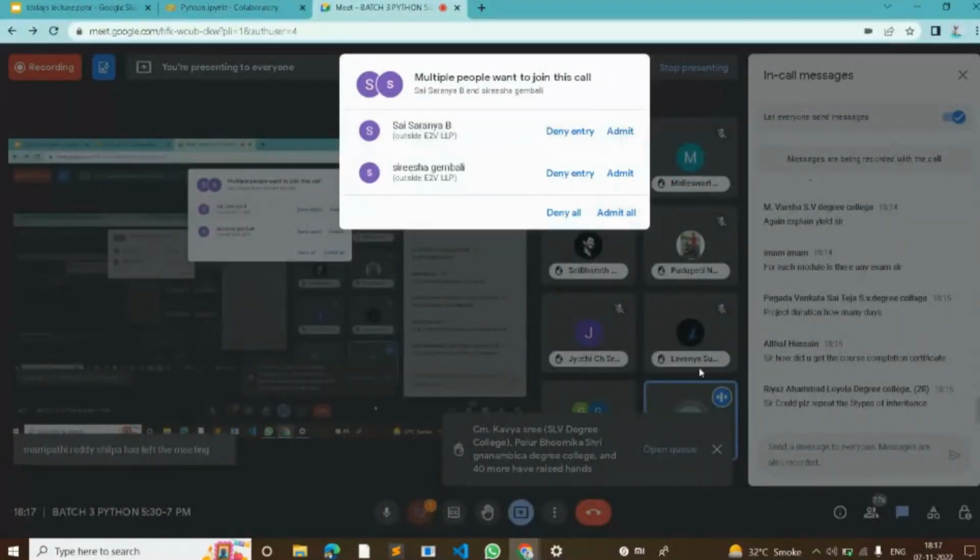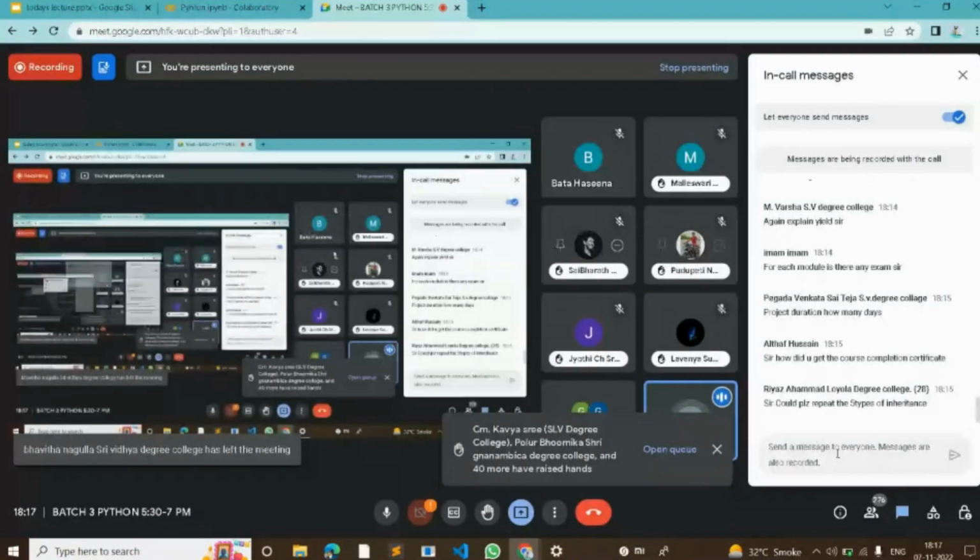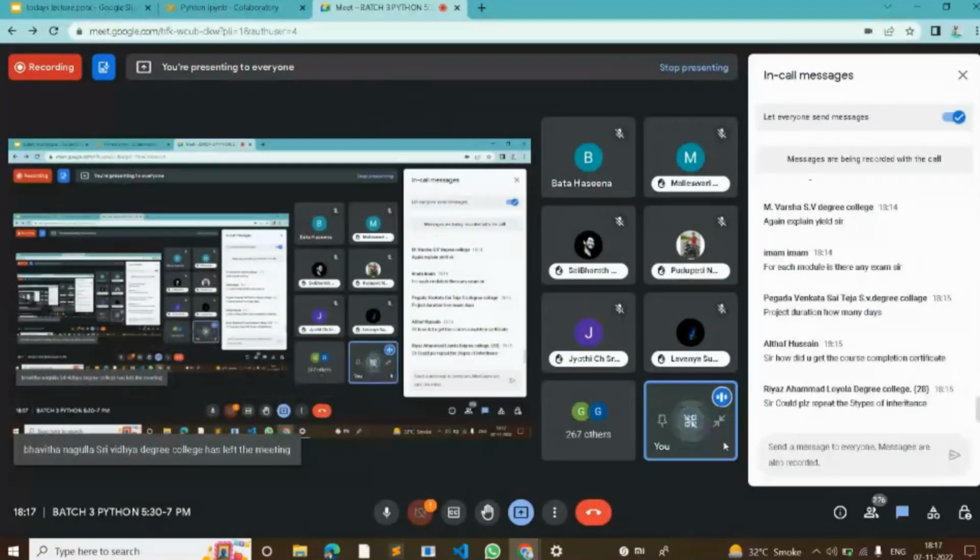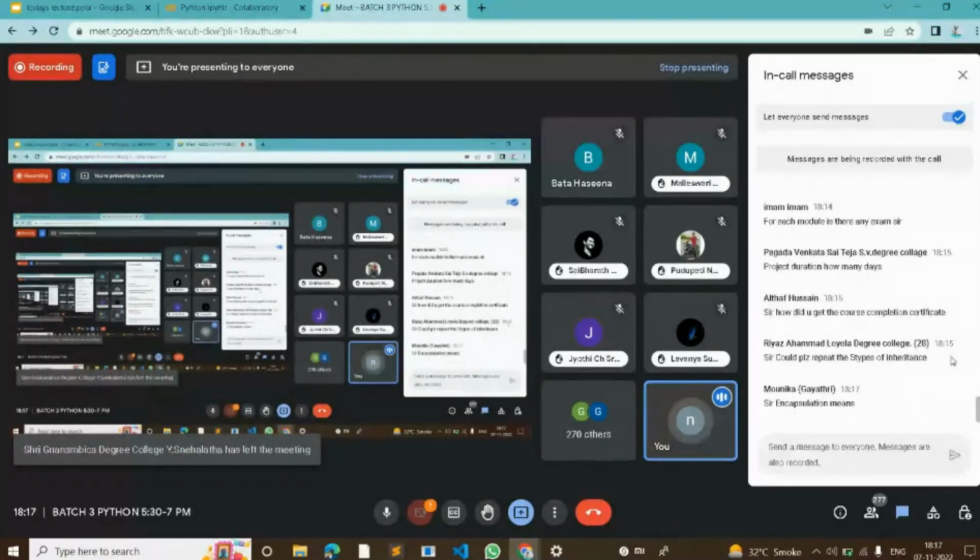Five types of inheritance. What is your doubt, Riaz Ahmed? What didn't you understand in the five types of inheritance? Just ask me that. No, there is no exam for the